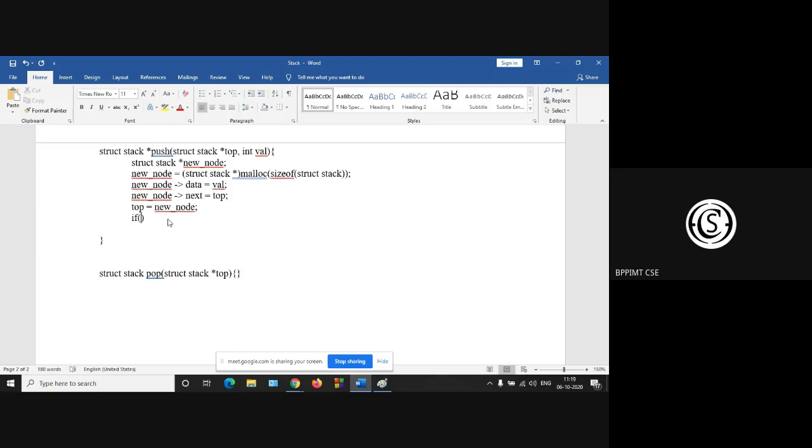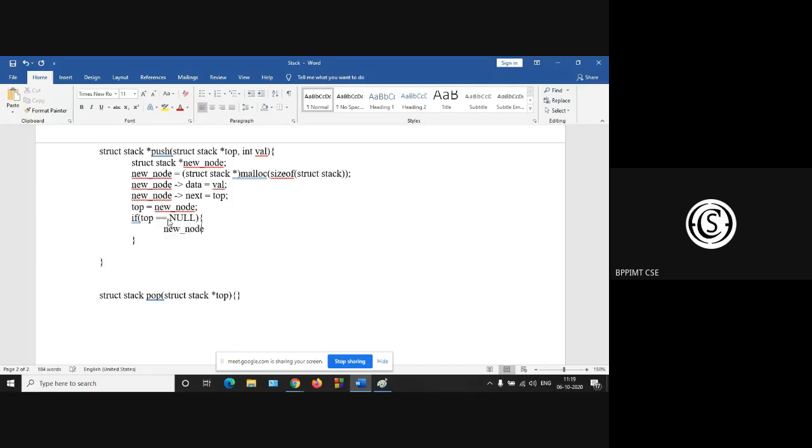If your top is null, then the list is empty, and you have to push. This was the push function only.